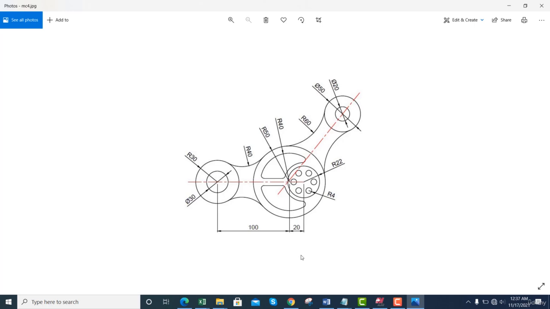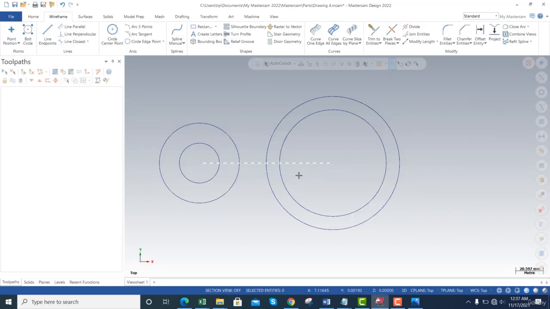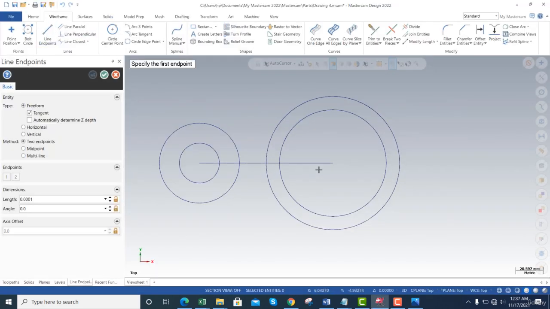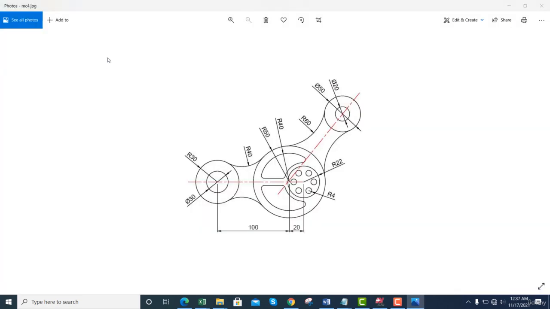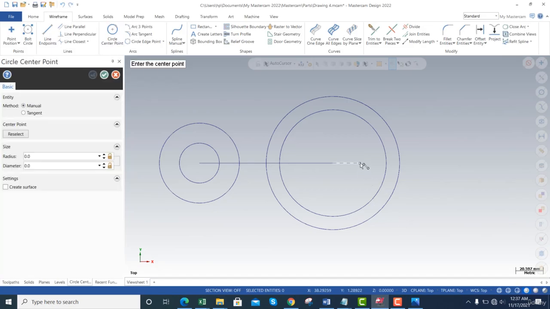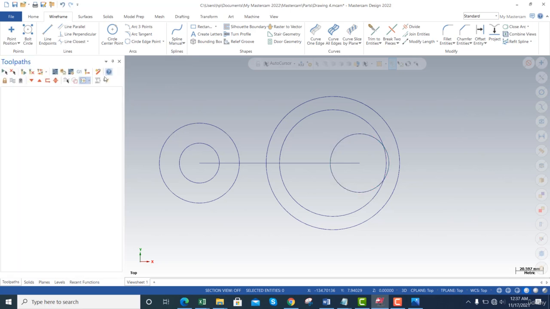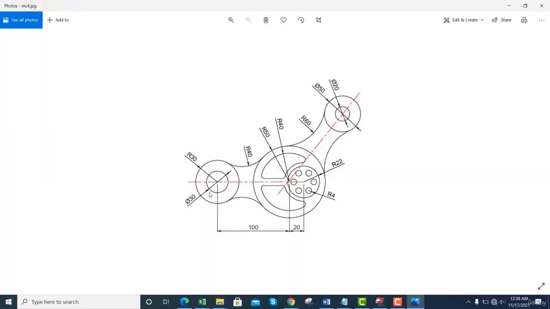Okay, now we will create another line of 20 and create a circle of radius 22. Line 20. Radius 22. Okay,